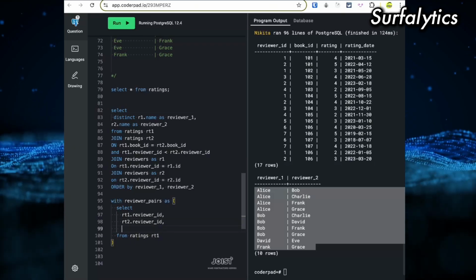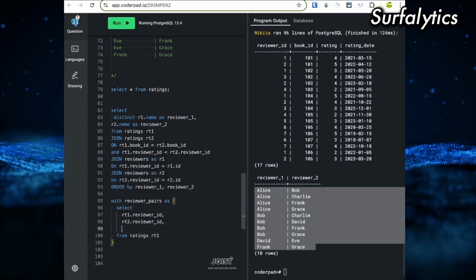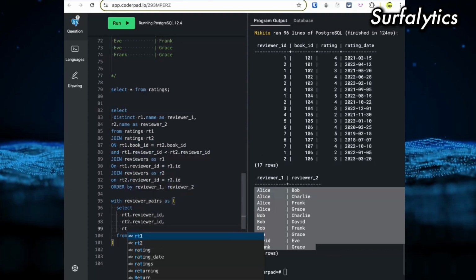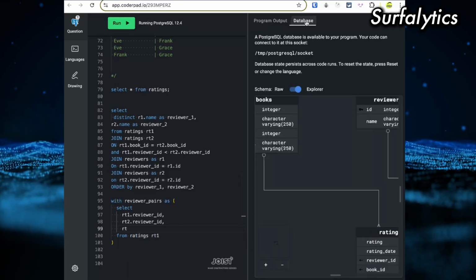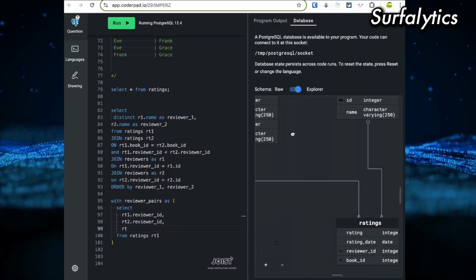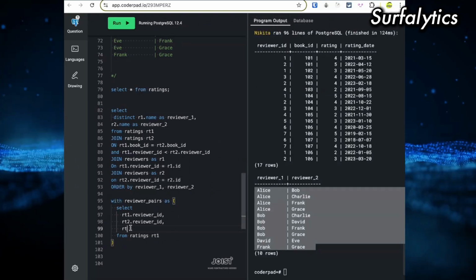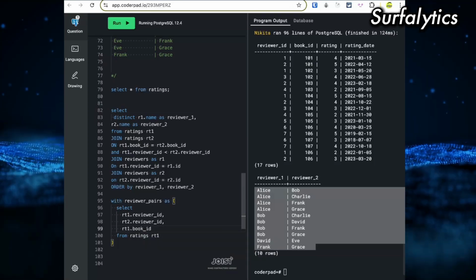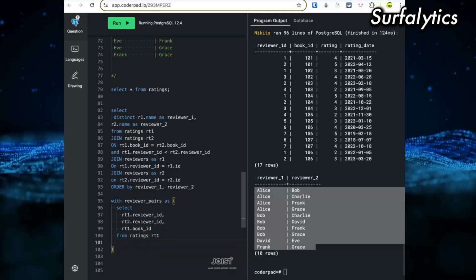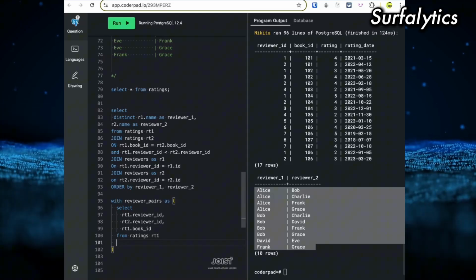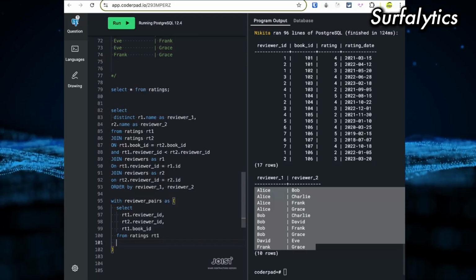And also, I think if I'm doing CTE, I need book ID because they are linked to each other. So I can take it from RT1, if I'm not mistaken. RT ratings. Yes, book ID. RT1 book ID, and I need to join second table.